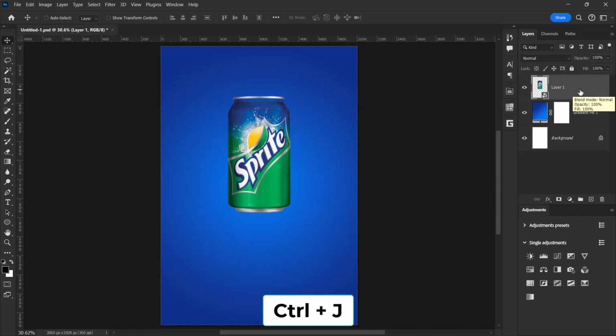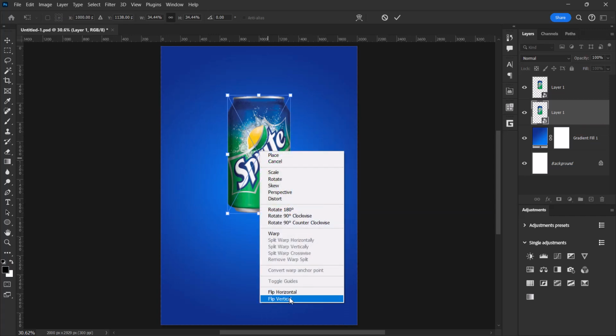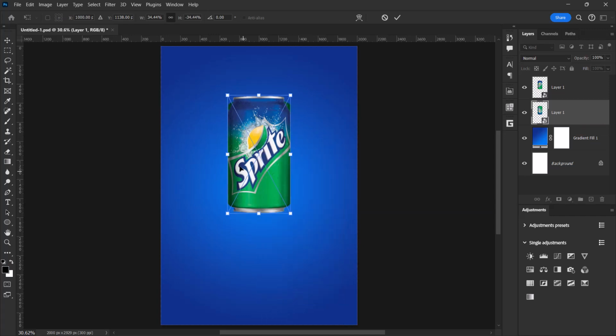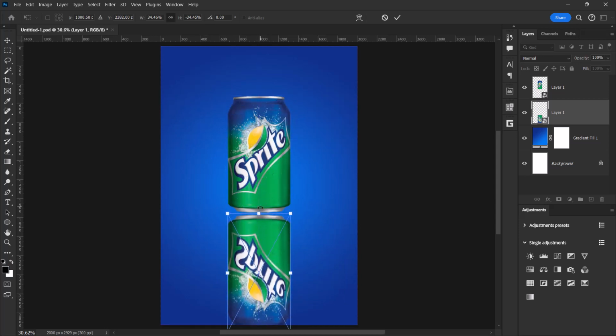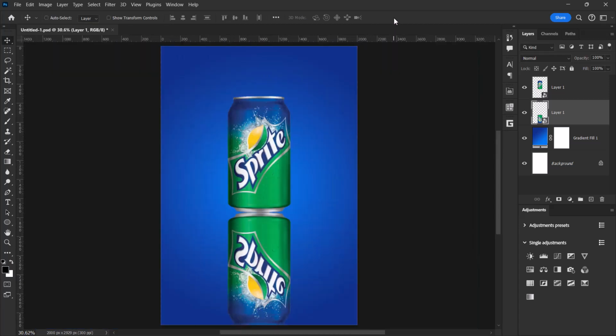I'll press Ctrl J to duplicate the can, select the bottom can layer, press Ctrl T, right click and then select Flip Vertical. Now hold down the Shift key and left click and drag down. So this is okay. Once you are done, add the layer mask to the bottom can layer, select the gradient